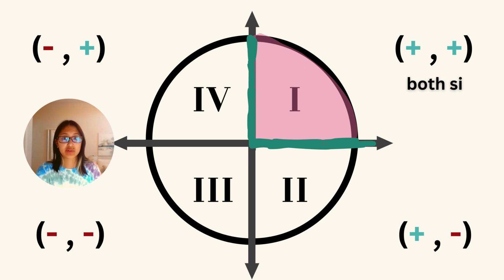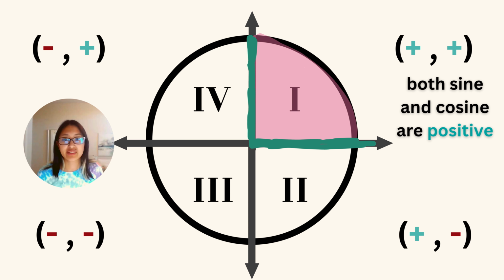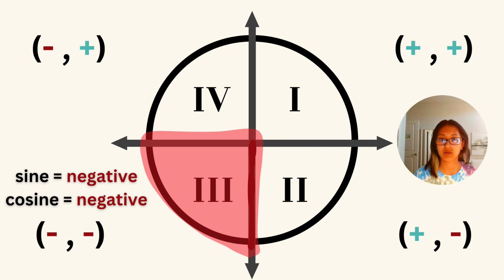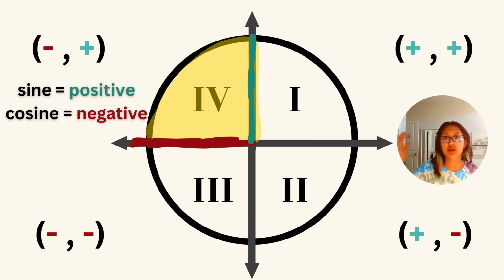If the angle is found within quadrant 1, or that upper rightmost corner of the unit circle, then the sine and cosine values will always be positive. However, if we look at quadrant 2, we can see that the sine values are now negative, while the cosine values remain positive. All the coordinates in quadrant 3 will be negative, whereas in quadrant 4, cosine will be negative